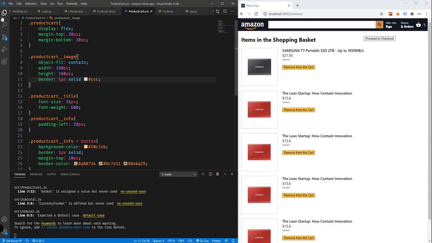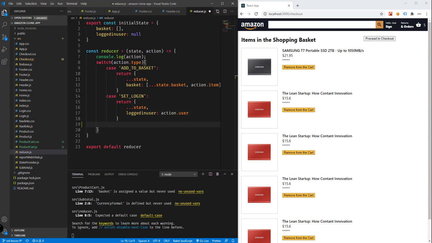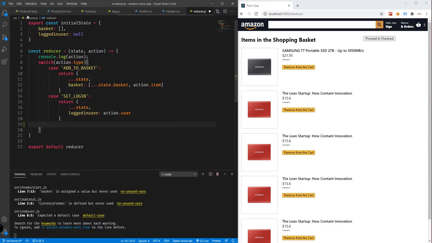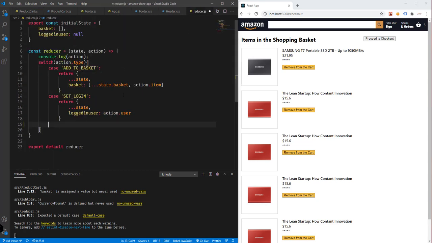So in order for us to do that, let's go to our reducer right here. And in the reducer, we need to add another case here. So I think we have added remove from cart. So let's try that. Case, and then remove from cart. And then in here, we need to define the new basket. New cart equals